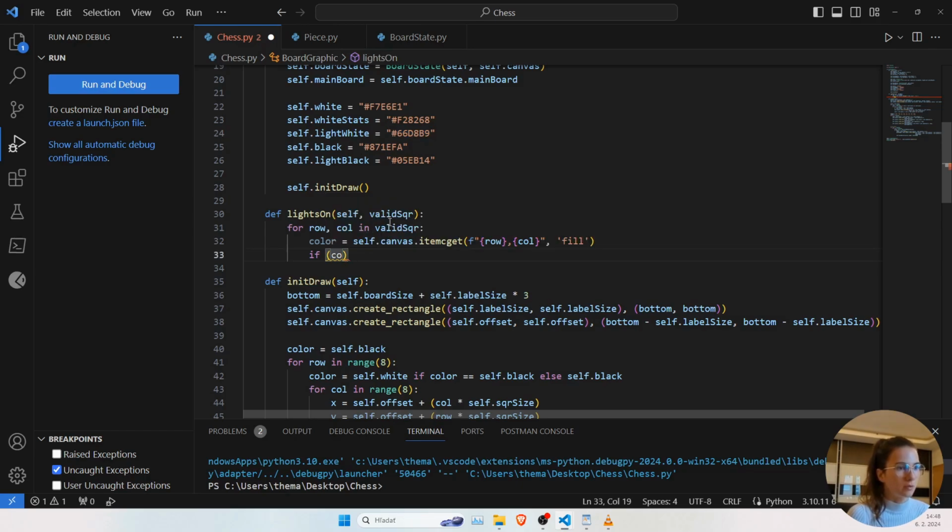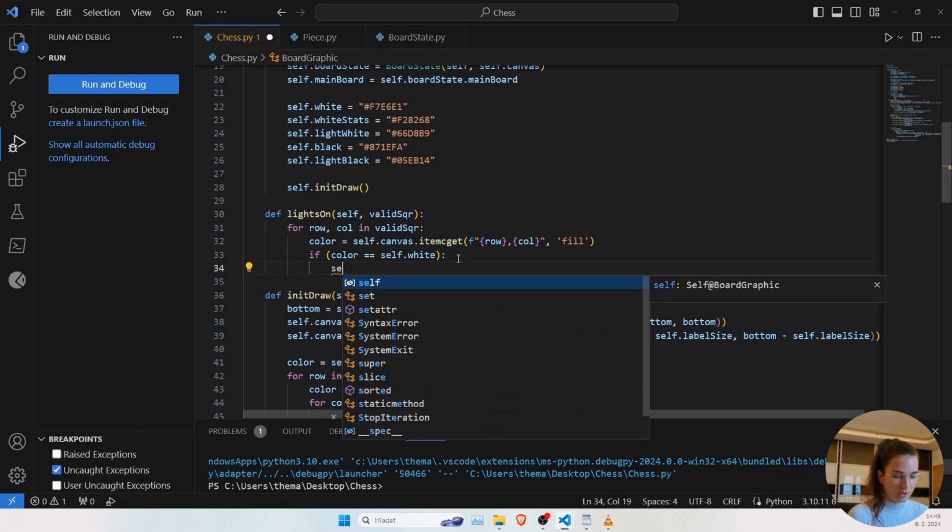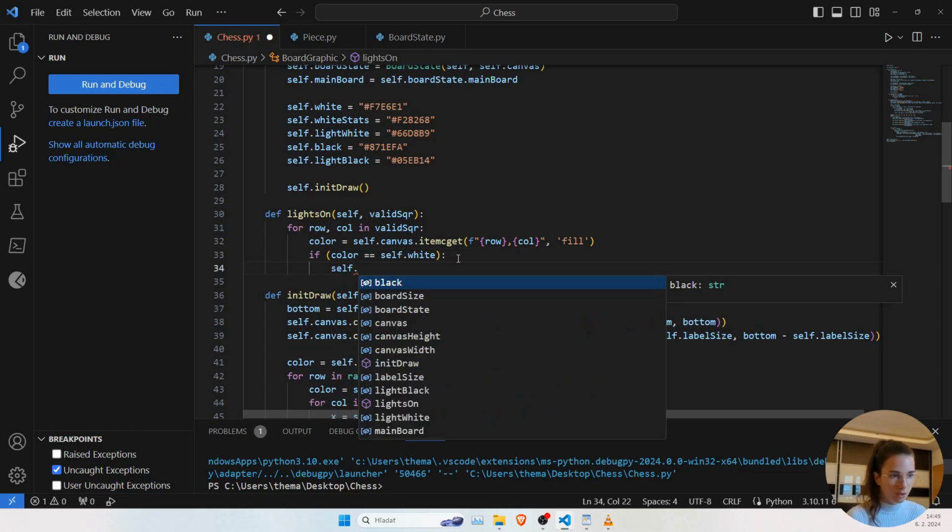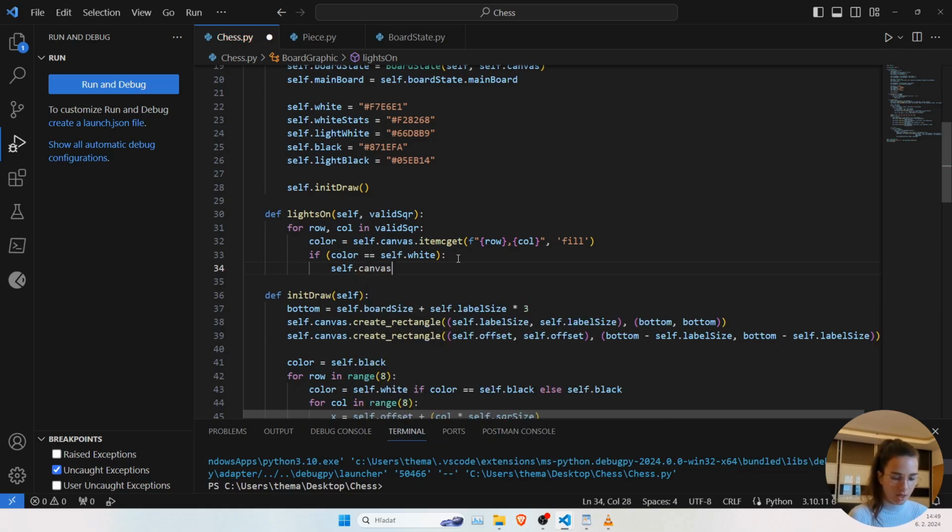So the player will be really able to perfectly see, okay, this is a valid square for me. So if a color is equal to white, then please change it. Self canvas